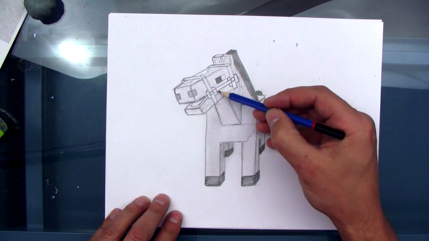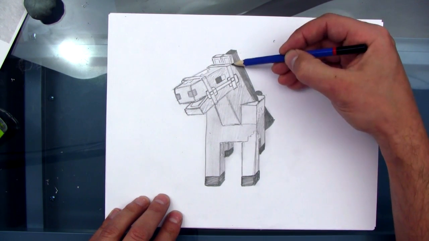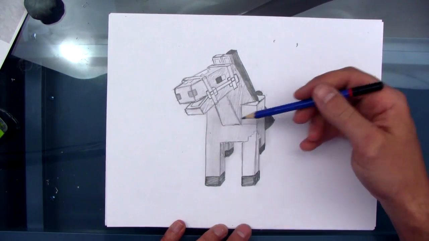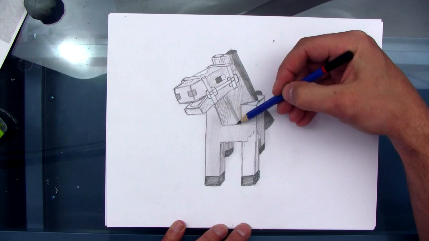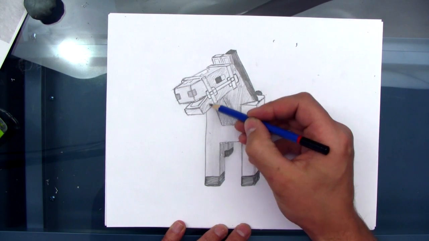So her flat of her face is going to be a little bit darker. Side of her ear is going to be a little bit darker. So everything that's on this side is darker, and underneath too. Underneath her neck would be darker. And I'm going to smudge this all in, and then I'm going to go around and touch up